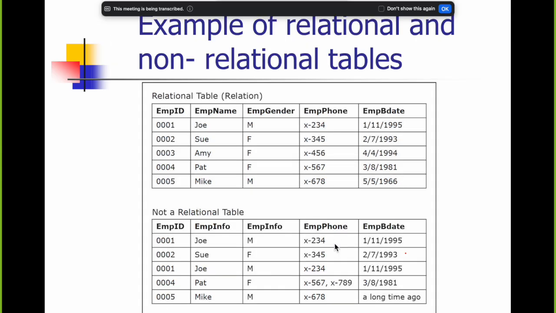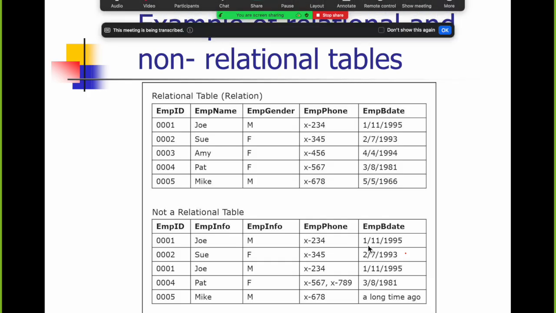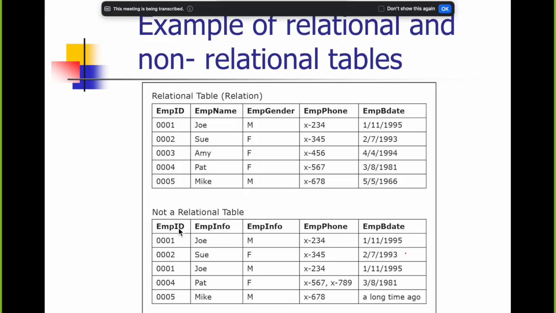So as you see here, the table at the bottom has several issues. First of all, if you look at the employee ID, you see that this is repeated. We said,